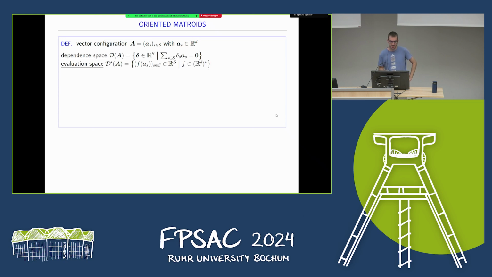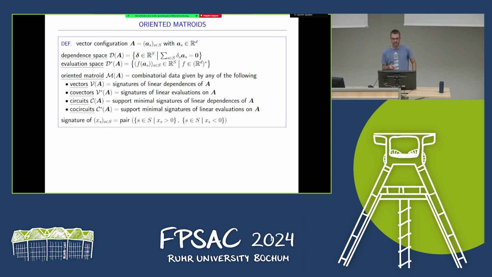I will be interested in the linear dependencies of these vectors, so all possible ways to write 0 as a linear combination of these vectors, and the linear evaluations of these vectors, so all possible evaluations of a linear function on these vectors. These two sets will be important for us, and then we will construct what is called the oriented matroid of this vector configuration,